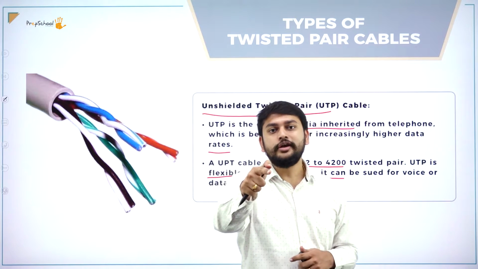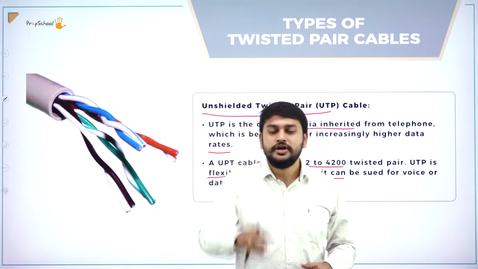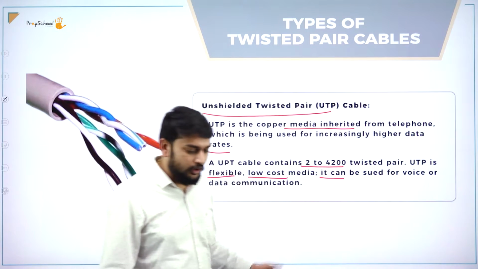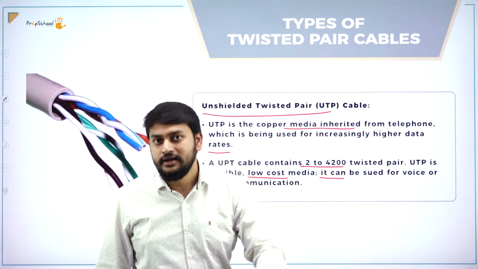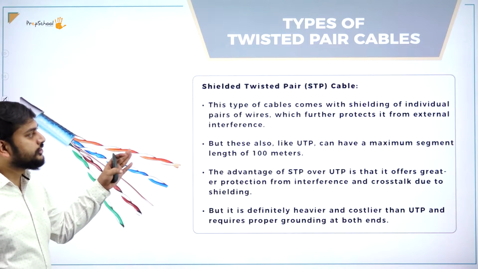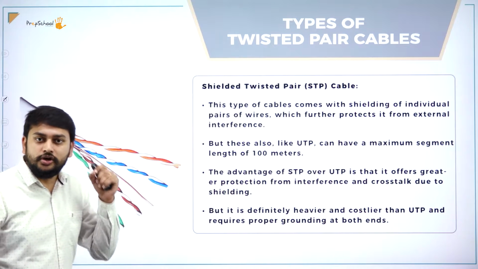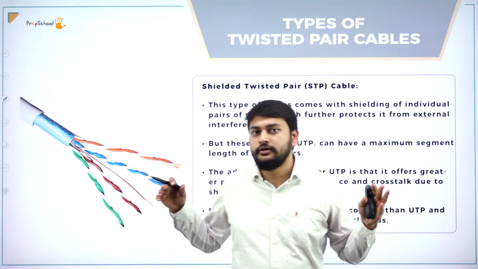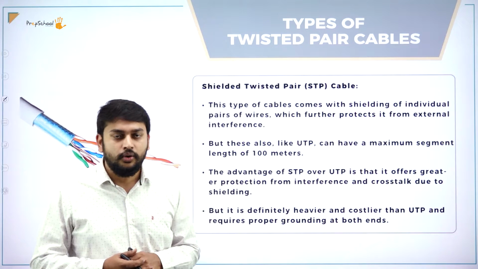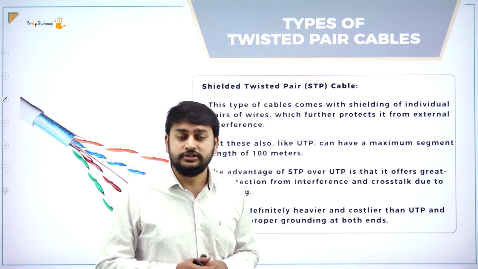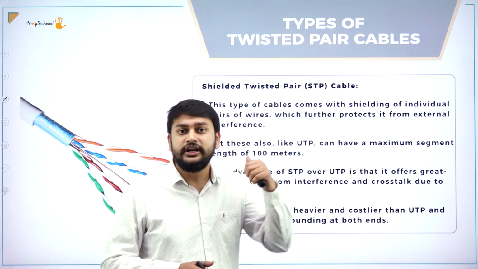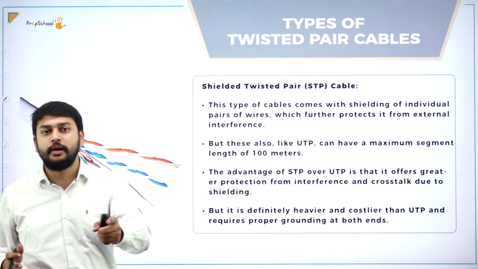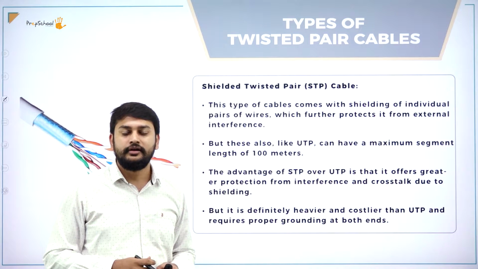That can be avoided if I have an extra coating layer. That's what I will call a shielded twisted pair. So whatever drawback I have here can be overcome in the next type that I have, that is shielded twisted pair. When it comes to cost and the safety of the data, I prefer shielded twisted pair. Why, sir? Though the cost is a little more than the unshielded twisted pair, the data that I am sending is reliable when we compare it to the unshielded twisted pair.